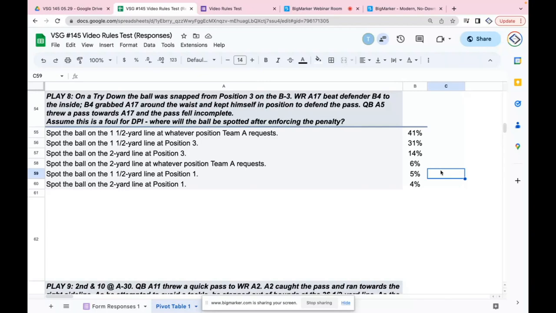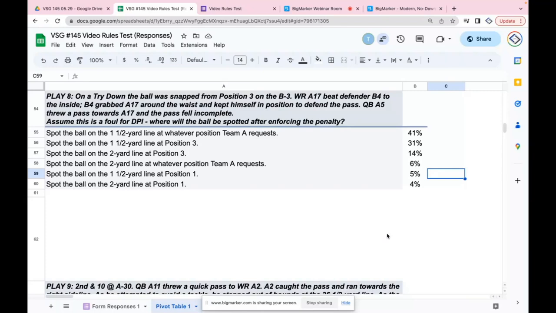Okay, let's keep going on the rule class, but let's wrap up this question. This is a try. I'm getting confused. You ain't the only one. I know. Position 3 on the B3. We saw what happened with the video. We already ruled out the 2-yard line. Yeah, it ain't the 2. We know that. We just said the rule reference. We're going half the distance, right?